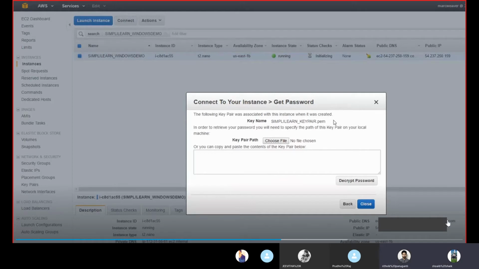So meanwhile, let us discuss what instance types are. As you saw, while launching an instance, in the second step it asked us to choose an instance type, right? So let me show you that.